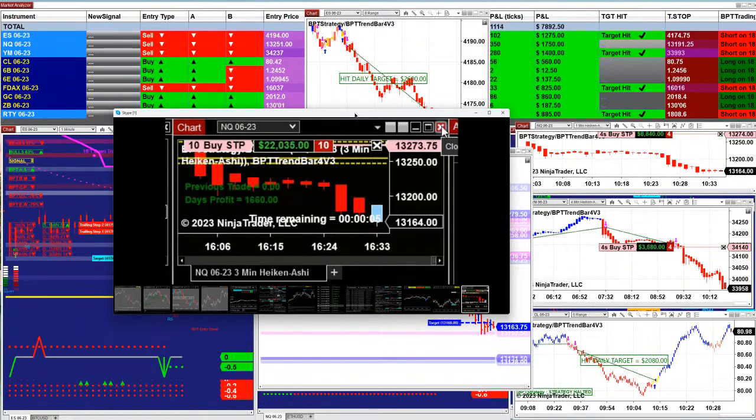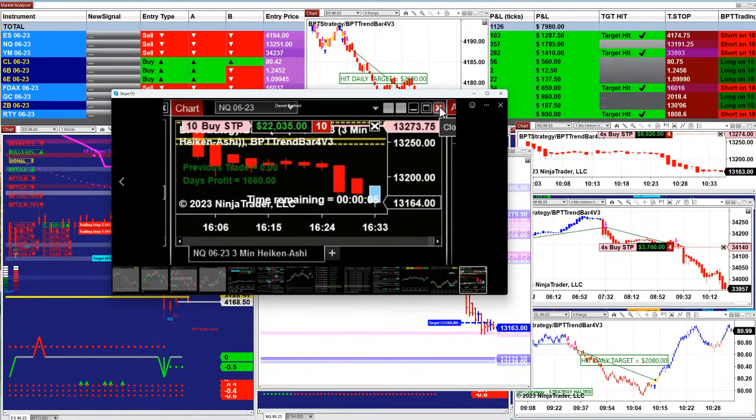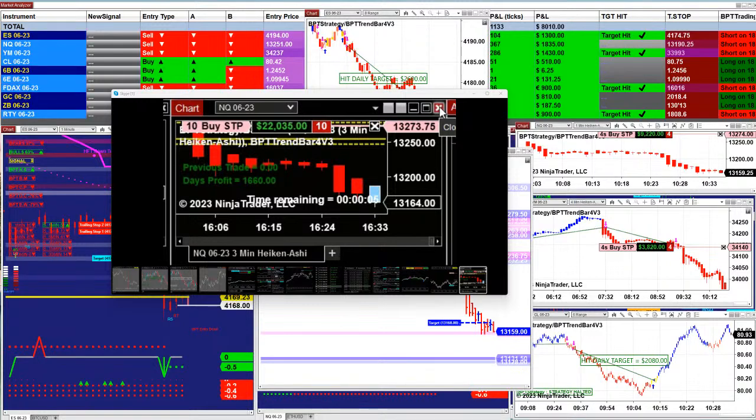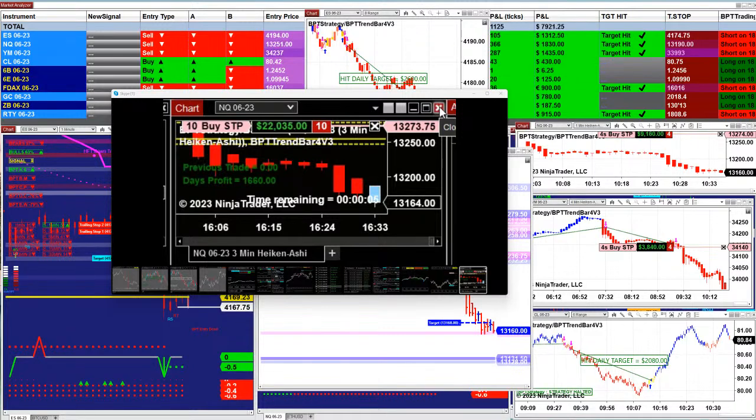And with the M strategy, he made 22,000. The M strategy takes a trade between the fib lines. You can tell the auto trade how many contracts you want, and then the M strategy will trade between the fib lines. It's a totally different